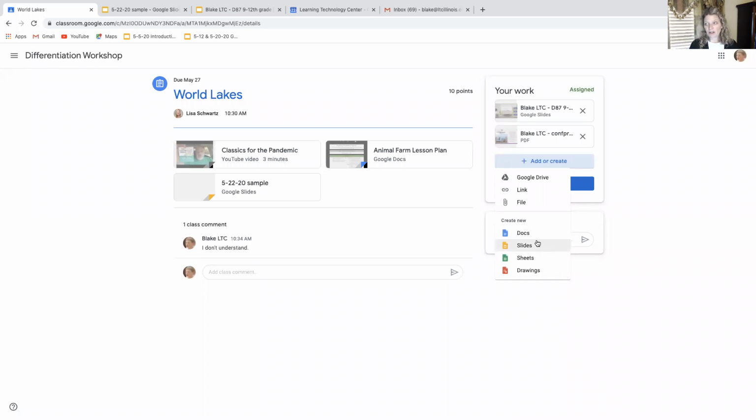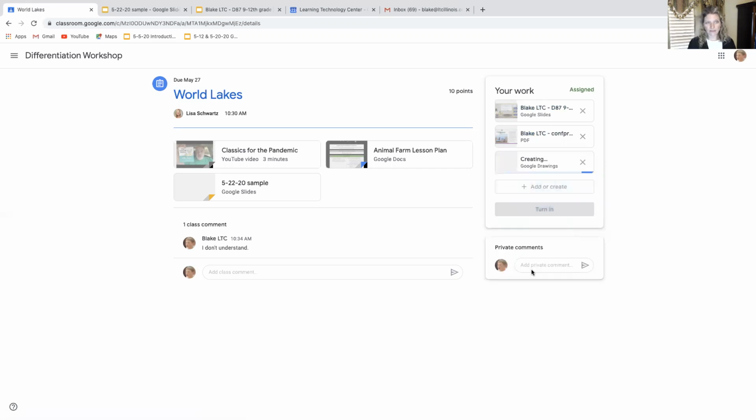If they need to do a presentation, or they could do an essay in Google Docs, whatever, again, if you're giving them some choice, they can say, oh, I want to do a Google Drawings. So all they have to do is come up here to add or create and create a Google Drawings from here. If they already have it created in their Google Drive, they could add it here and it would be turned in under your work. So let me just go down here to add Google Drawings here. And so it's adding